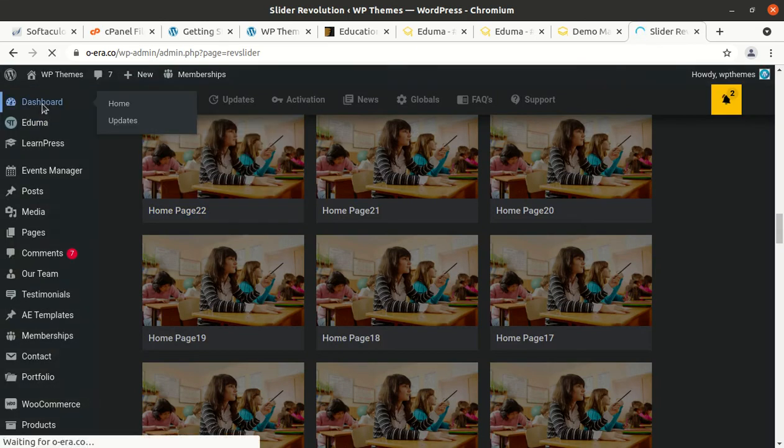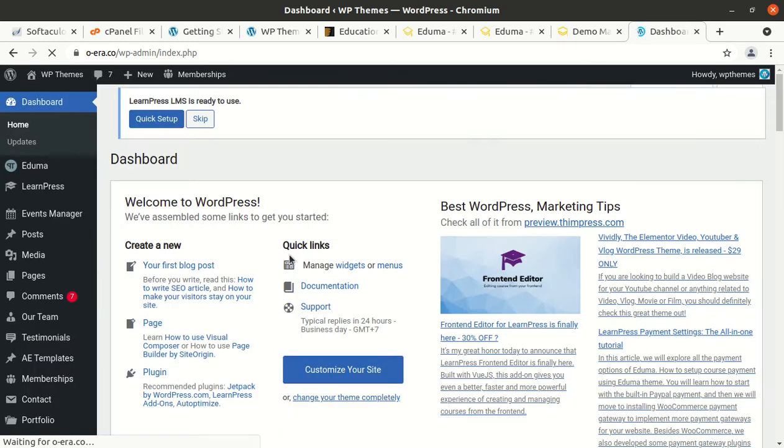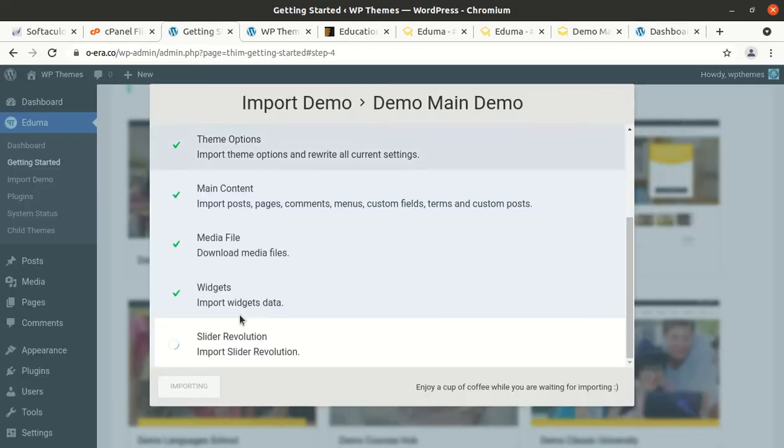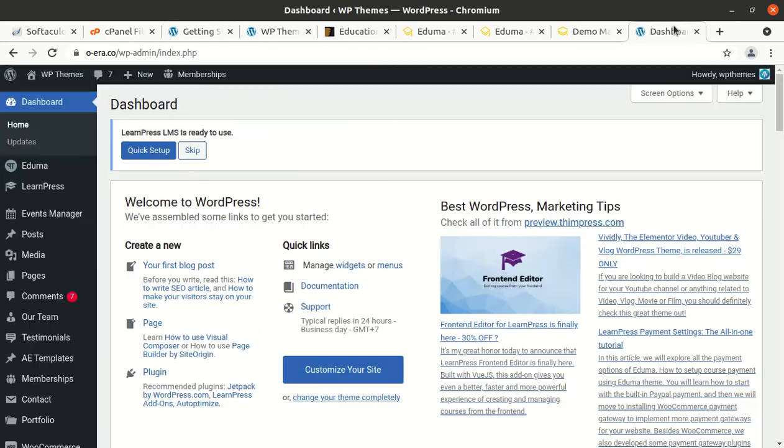leaving this revolution slider page, and we can check the pages since all the content has been imported, and we can see the revolution sliders here. The page should work, and if it is working we can skip this step. It is, in fact, and let us go to all pages, what number of pages we got in the demo.